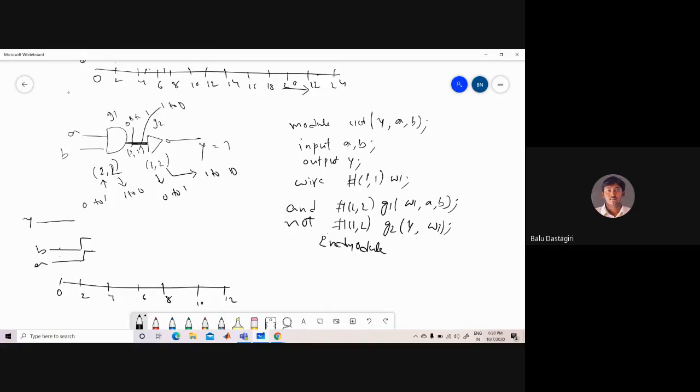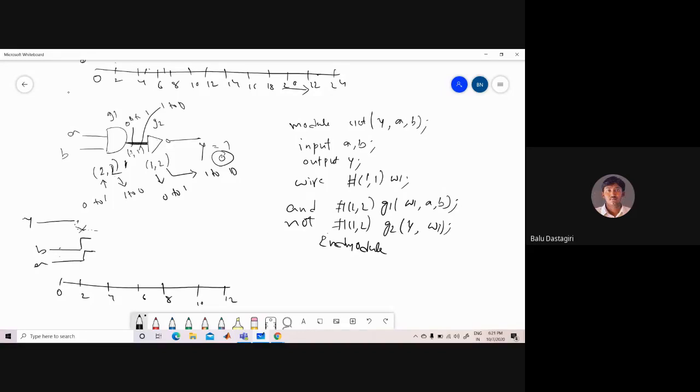Therefore, the output of the AND gate becomes 1 and the output of the NOT gate should become 0. But it will not change immediately. In the waveform, we cannot change the output to 0 immediately. Why? Because there is a delay associated with it.